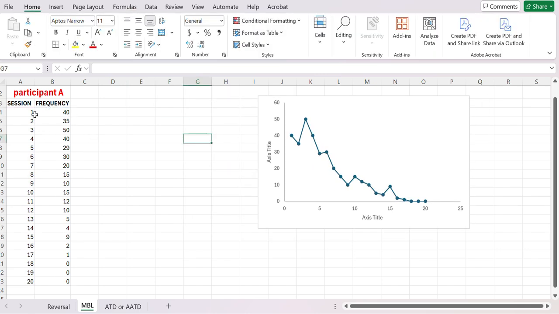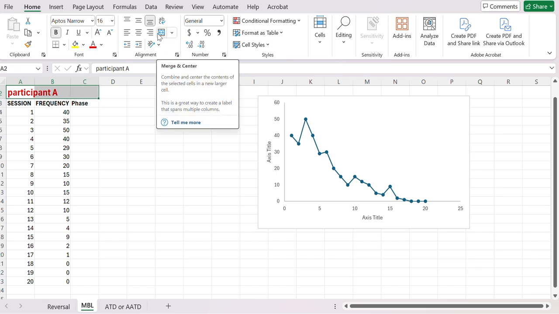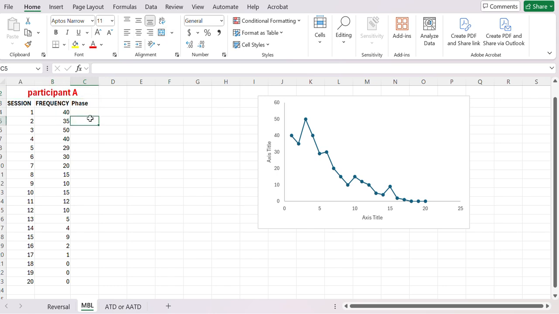So we said that for participant A, let's say that this phase, I'm going to merge this as well. This is just for formatting, you guys, just merging. So I know that participant A, all of their information falls under this merged column, and all I did to merge it was select all the cells that I want to become one, and I clicked up here on this little merge button with the arrows. So let's say that this is baseline